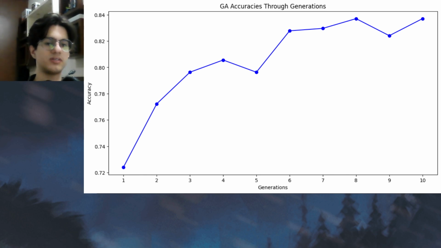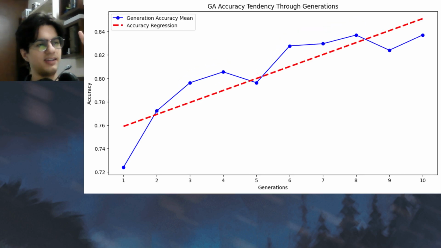This is the main point of the genetic algorithm. So I made a little linear regression here, so you can see truly the tendency. This dotted red line indicates that the tendency is really to